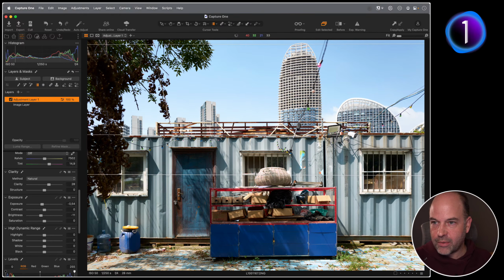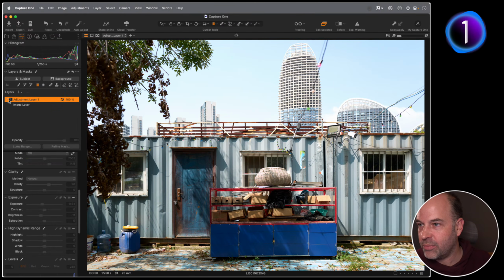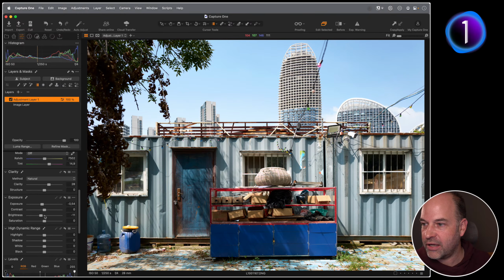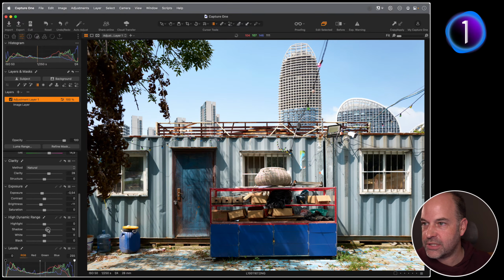I can extend this down a bit probably, and now we've got a better balance between the sky and the background. Now, if I wanted to, you could say, well, actually your tree up here is getting a little bit dark. If I open up the shadows a touch, there we go, because the shadows are targeting this area anyway. They're going to have less of an effect on the sky itself. If I just click and hold where it says shadow, you can see before and after. So we've darkened the sky down, and we've opened up the shadows in the tree a little bit.